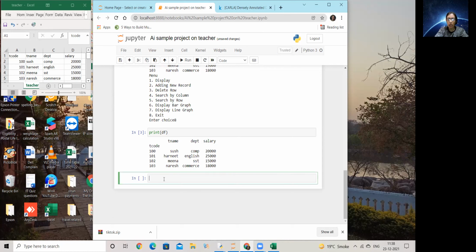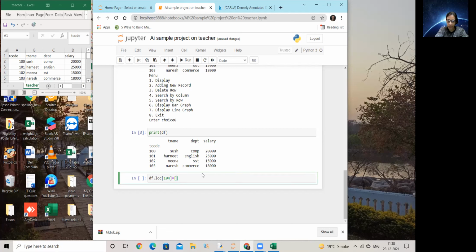Okay. Now how do I insert records into it? The best way which we have learned is df dot loc, brackets open, the new index value which you want to insert, equal to, and then in square brackets like a list you add the data: name of the teacher, department and salary.